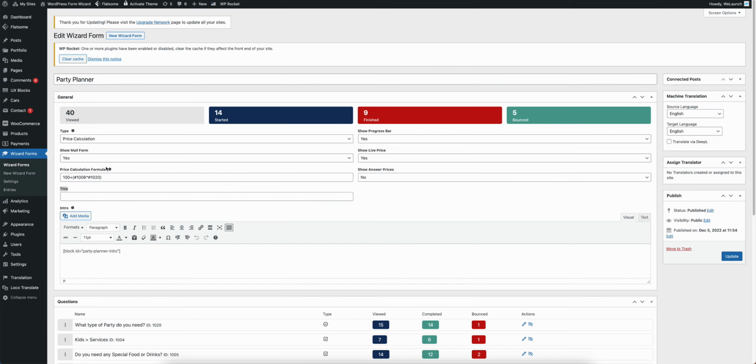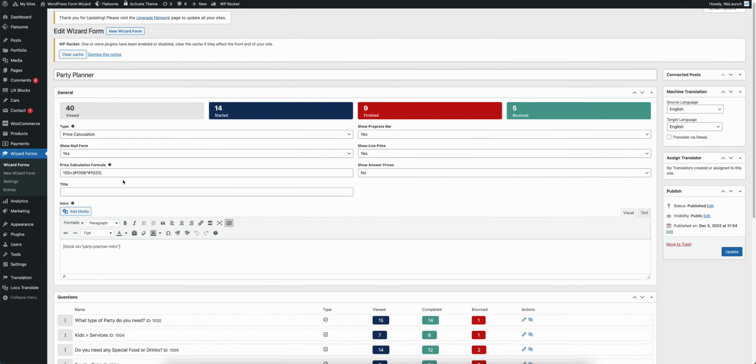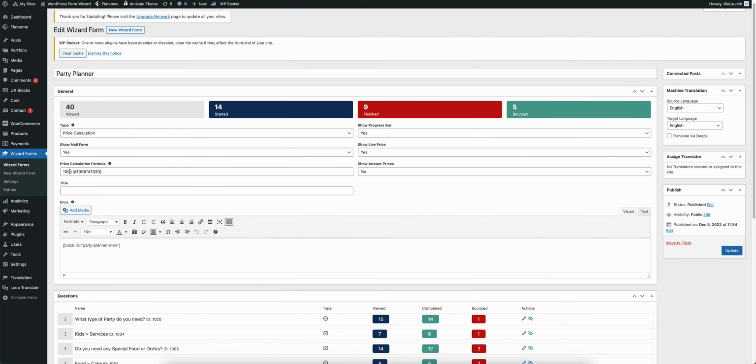What's very important is that if you choose price calculation, you will have a price calculation formula. And that formula is used to calculate the price or the costs on the form itself. So you see here we have 100 plus, and then it's starting with this sign here that's also used here, that is used for the answer price. For example,